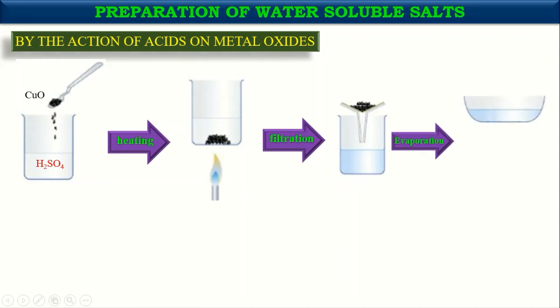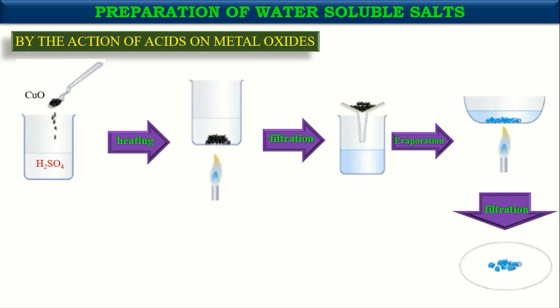Now after evaporation, either we can perform the evaporation directly or indirectly, as we have seen in our previous lecture. So on heating, first the solution becomes saturated and supersaturated. Then on cooling, we can get the crystals of copper 2 sulfate, and these crystals can be removed by filtration method. So in this way we have seen two methods for the preparation of salt.